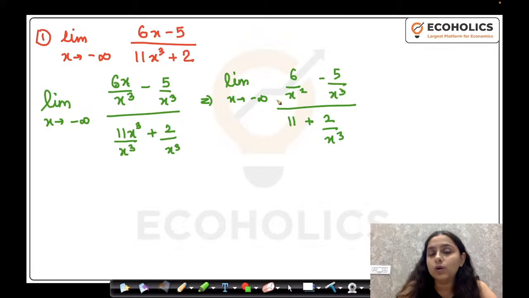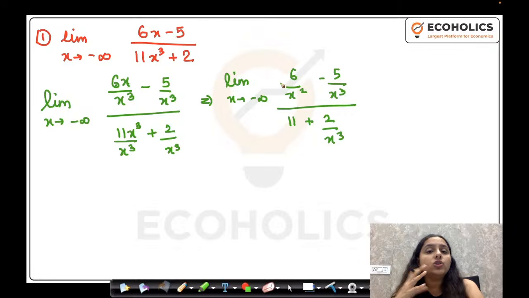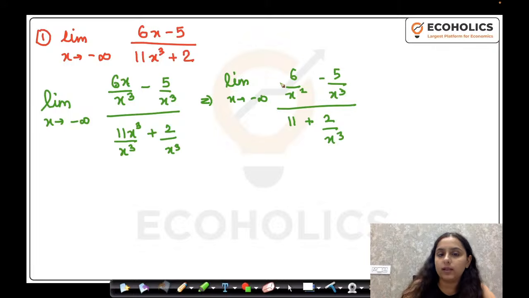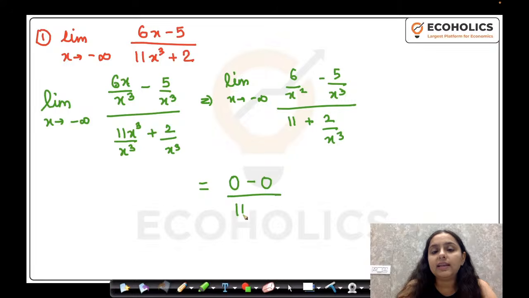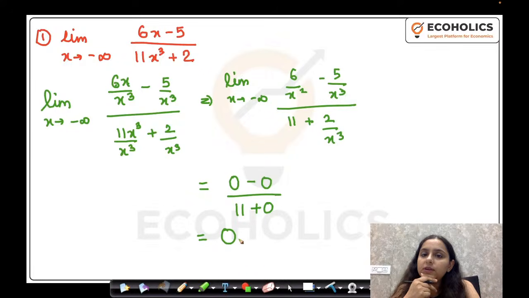It will be 0. So when x is approaching positive infinity or negative infinity, it doesn't matter, you always get 0. बहुत सारे student क्या लगाते हैं, 0 के आगे negative लगा देते हैं. They think I'm going to have 0, but that will be on negative side, so numbers such as minus 0.1. But no, you don't have to make that mistake. चाहे x approaches infinity हो या minus infinity, you will write 0 here. 5 upon x cube will also be 0. 11 plus 0. So the answer is 0 again.